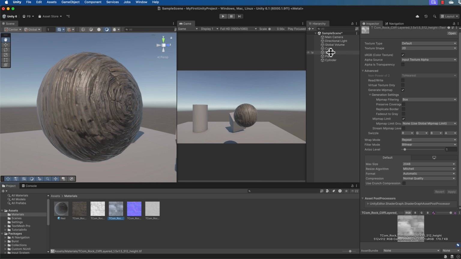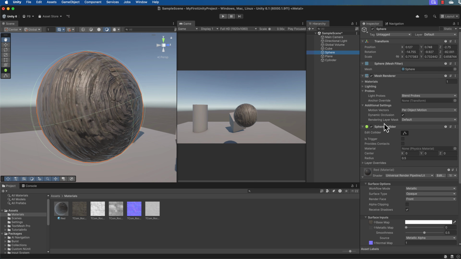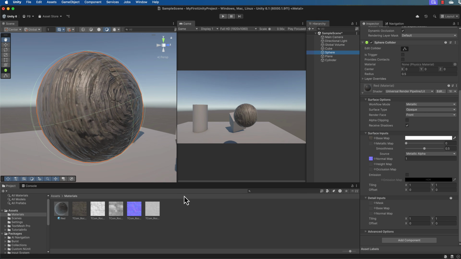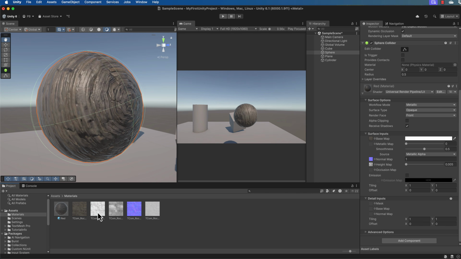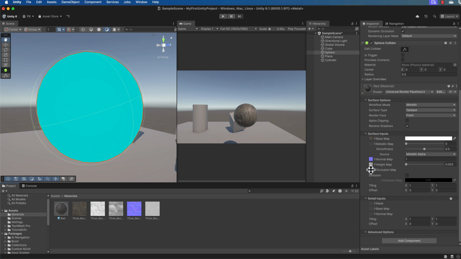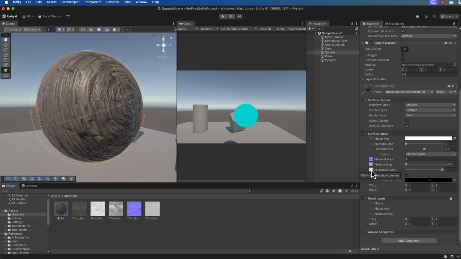So I'm going to go to the sphere and set the height map in here to that one there. And I also have an occlusion map, which will be this one here as well, which I'll drag across. So bring that across there as well. And finally, we will also bring across this final map here, which will be our metallic map